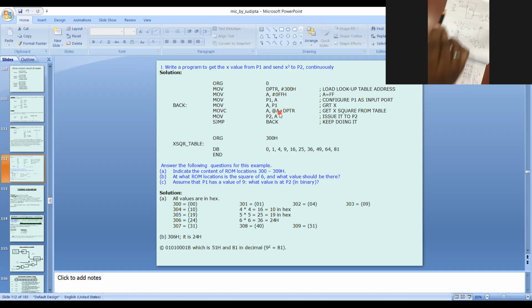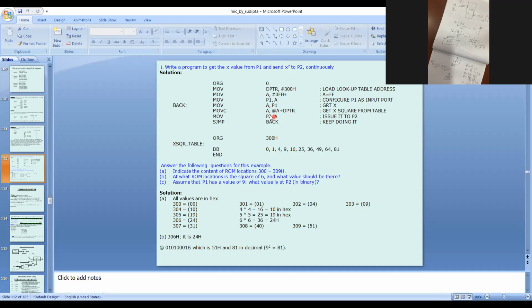Because I gave 03. What is the content of DPTR? 300. So A plus DPTR, how much? 303. What is the content of memory location 303? 09H.